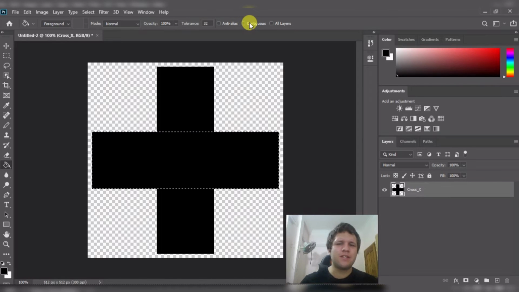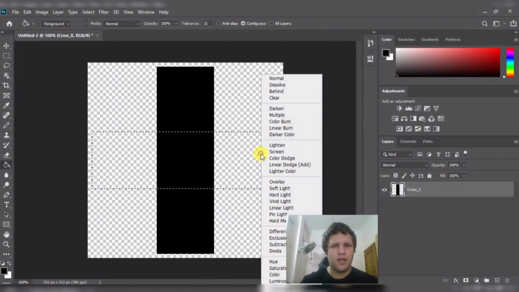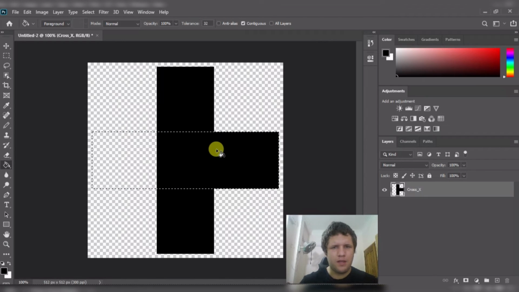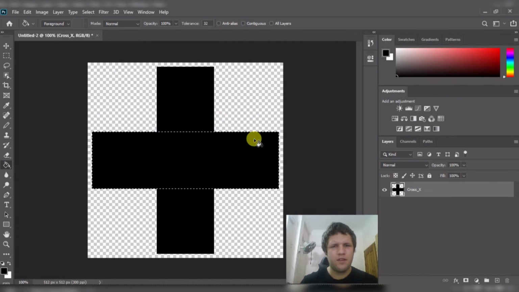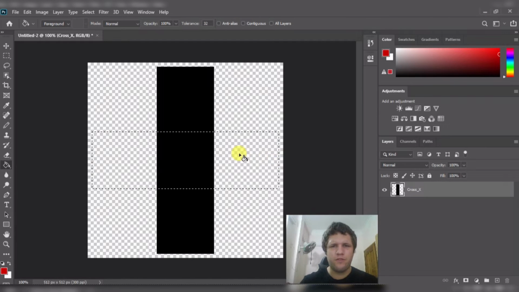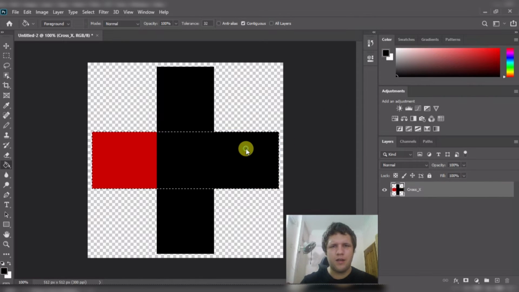And contiguous means that it will continue across lines, or it will not. So as you saw with contiguous on, and I click black here, it stops at the black line. Now if I turn contiguous off, it fills all of the spaces with the color that I clicked. This is the same if I do red right here, and then I click a black. So anything that is red that it is touching will be filled with black,